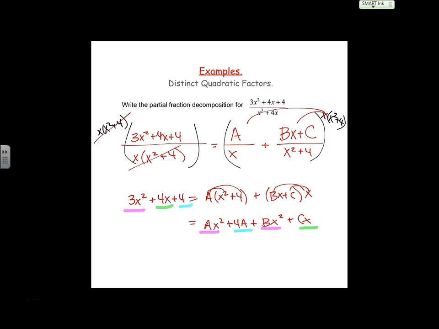Factor? Yeah. Did we still make partial fractions? Yeah. Did we still get rid of denominators by multiplying? Yeah. What was different? I would say this guy. What do you guys think? Was he a little different? Why did we write bx plus c over x squared plus 4 instead of what we have been doing with a single letter? What was